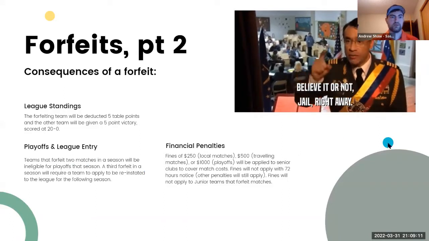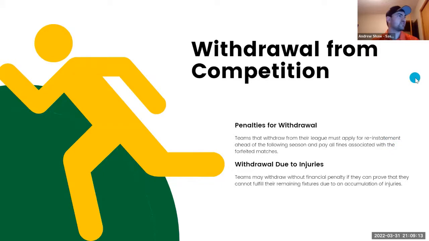Okay. Next up is withdrawal from a competition. Again, another thing that we hope that your club doesn't need to contemplate. If you do find yourself in this scenario, here's what you need to know. As with forfeiting 3 games in a season, if you withdraw from a competition part of the way through, you